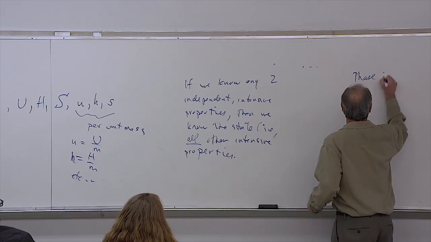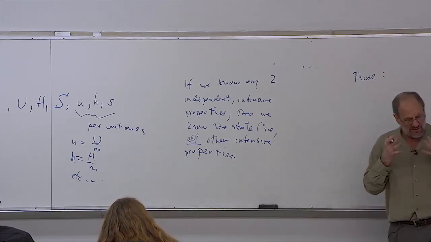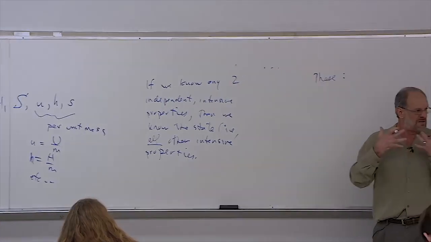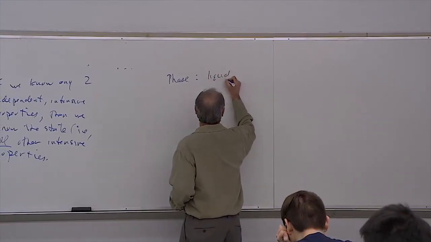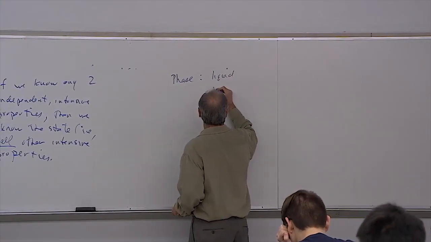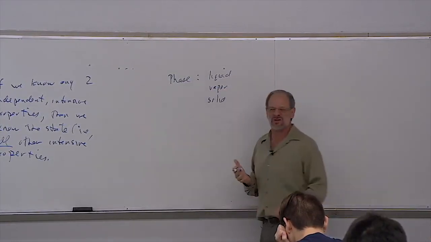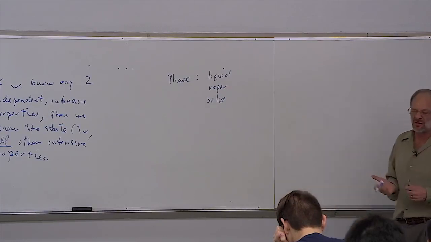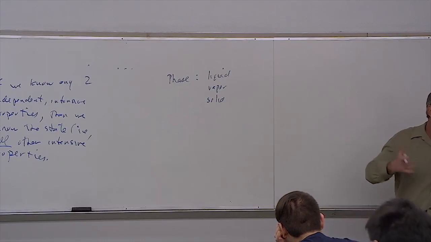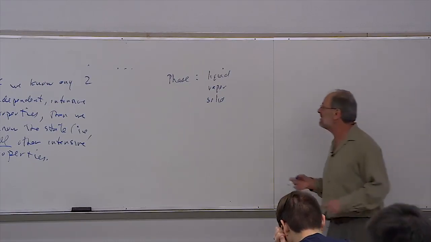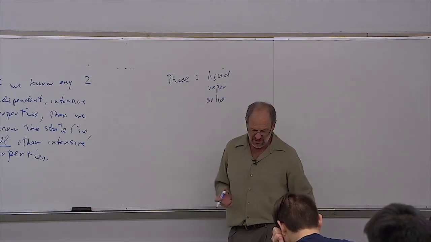Another thing we should be aware of are phases, right? We know that substances exhibit different phases, right? So we could have a liquid, we could have vapor, we could have a solid. Sometimes we use the word fluid instead of liquid, but technically a fluid could be a liquid or a gas, so I'm not going to use fluid. Vapor, we could also call a gas if we wanted to. A solid, well, it's just a solid. But these are the three phases that we're going to have to deal with as we deal with various processes.